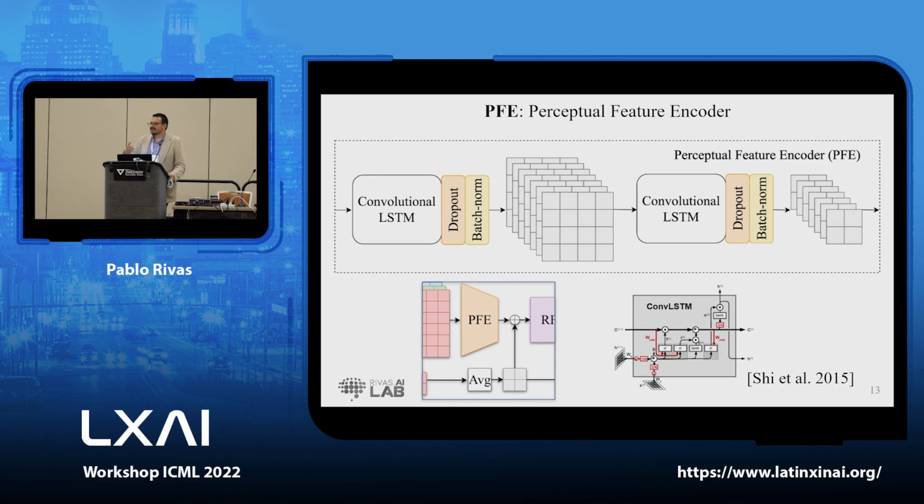And it is nice in the sense that it involves also the temporal aspect of color pictures. So you get the nice thing of having convolutional filters, but also using memory, or long short-term memory, and deal with the temporal aspect of channels to learn better features and perceptual features.